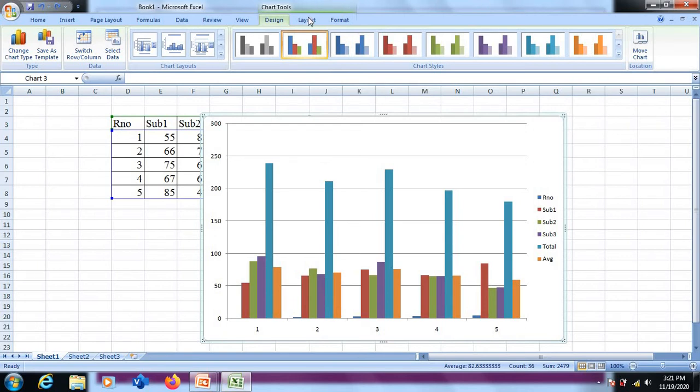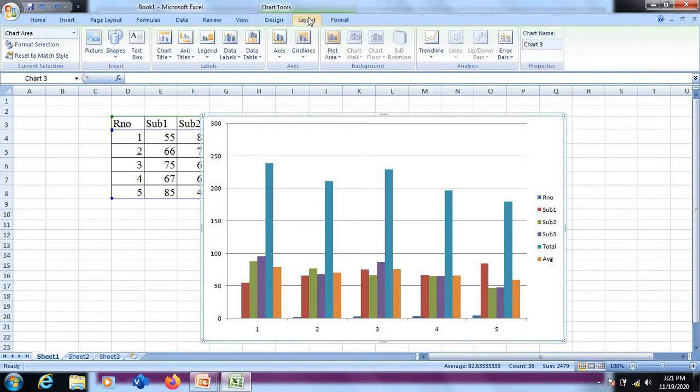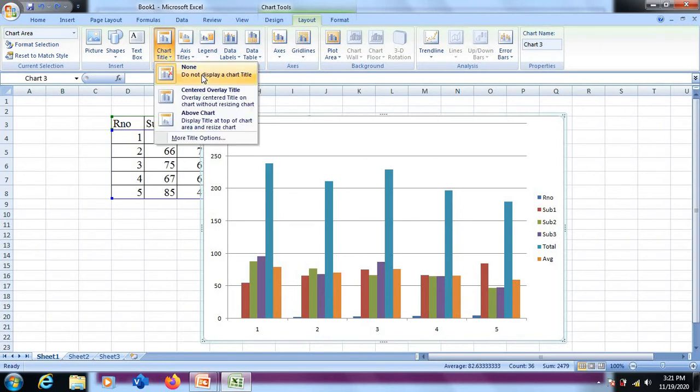The next one, and the most important one in MS Excel charts, is the tab we have called layout tab. In layout tab, we have different components available. Let me quickly cover all these components, which are quite easier to understand. The first one is chart title. By default, it will be none. Chart title is the title which will be displayed with your chart. So it is the heading or the caption or the title.